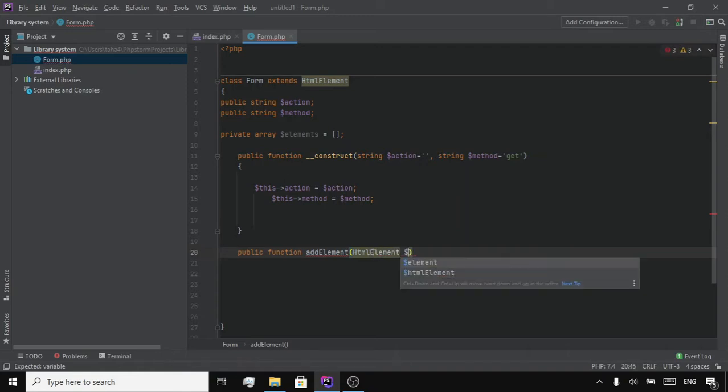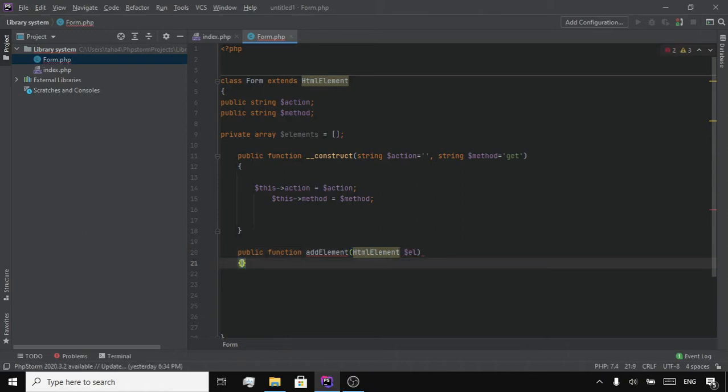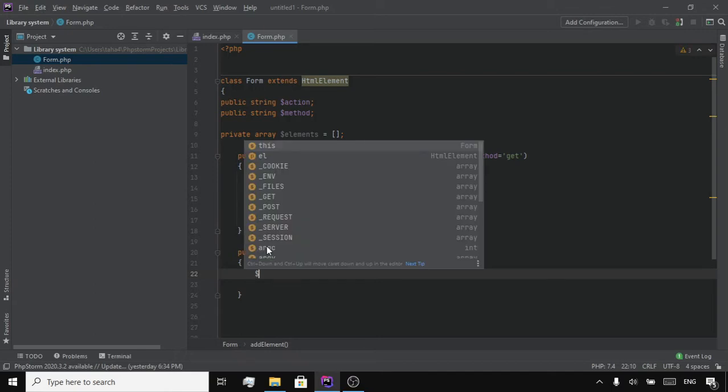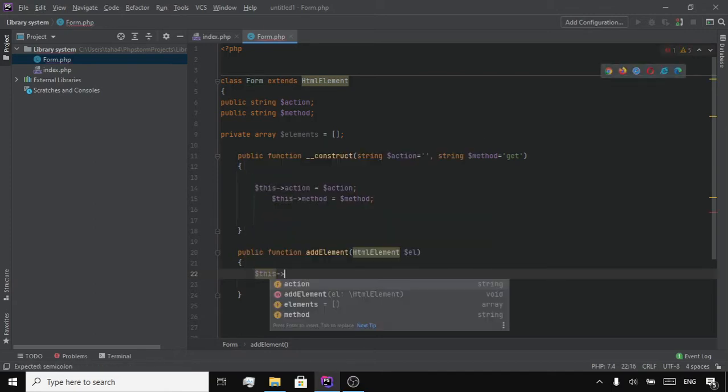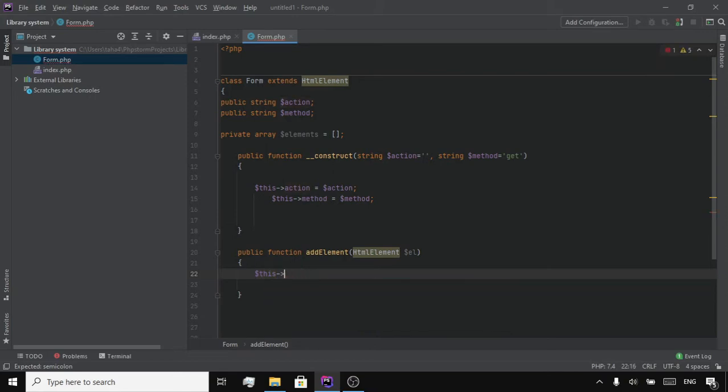I'm going to be referring to element as el, same like we did 30 seconds ago. This, not action, element equals el,